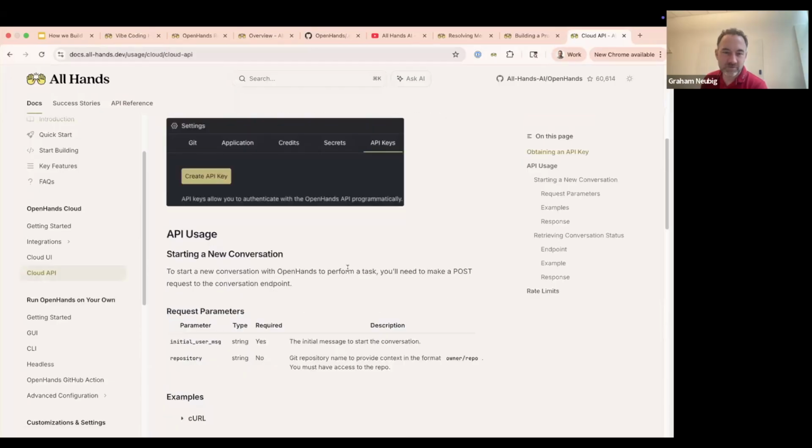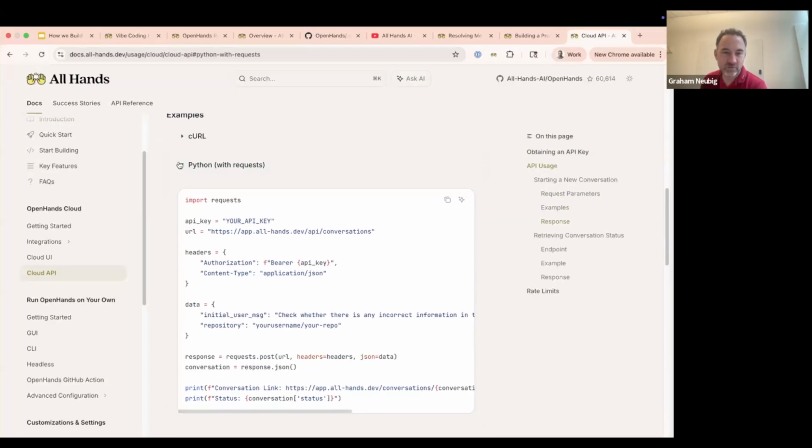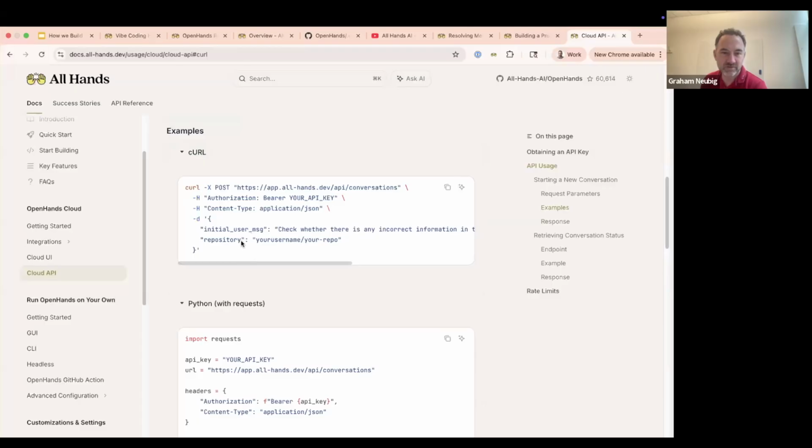This allows you to send in a request. Let's say you're doing curl, you can send an initial user message, which is the message you would send to OpenHands, and then the repository that you would want